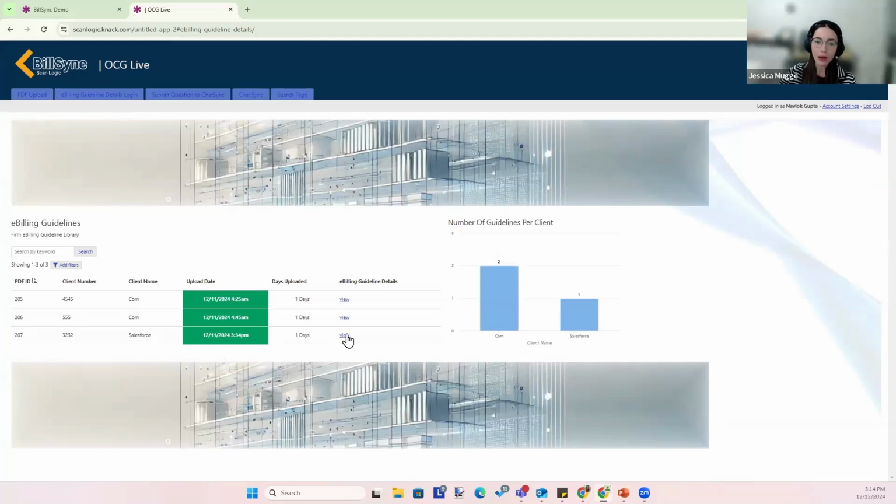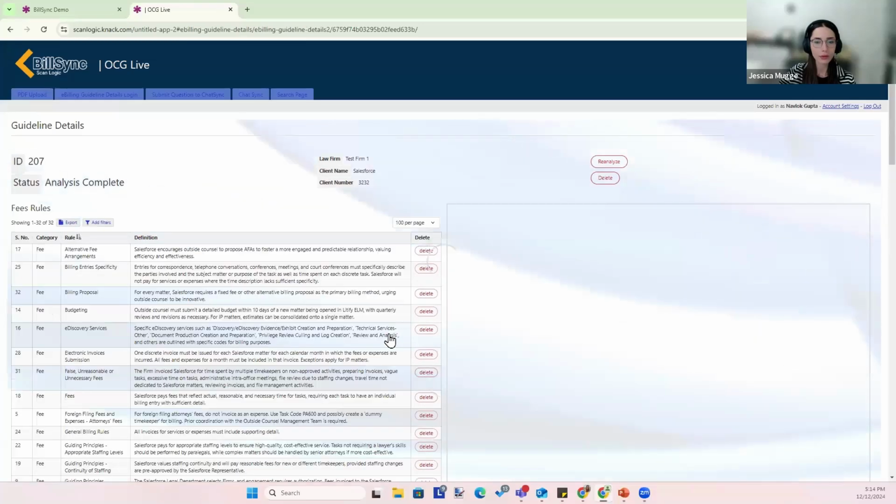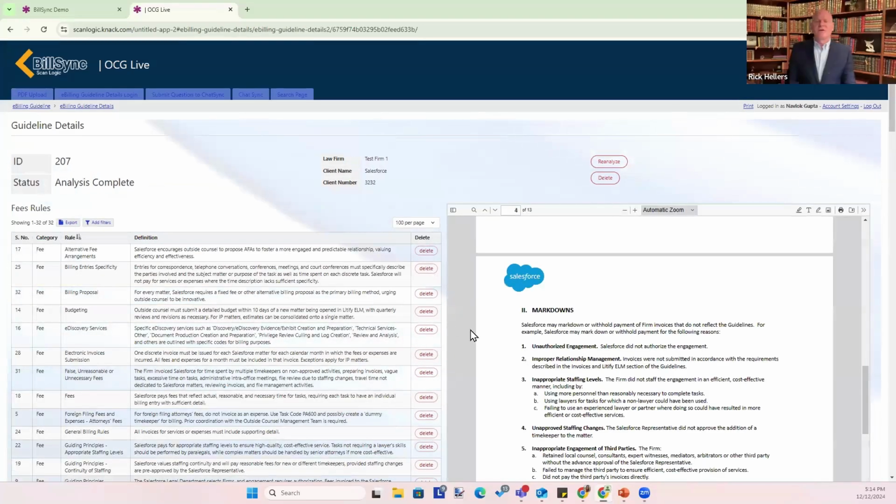So there's 3 of them in here. I'm going to take a look at this one. This is really cool, and I'll tell you the genesis behind this. Bridging the frustration gap has been a journey, right? We didn't figure out how to do that from day one, but this component of the product was built to bridge an element of that frustration gap in the sense that we'd go to our clients to onboard them and